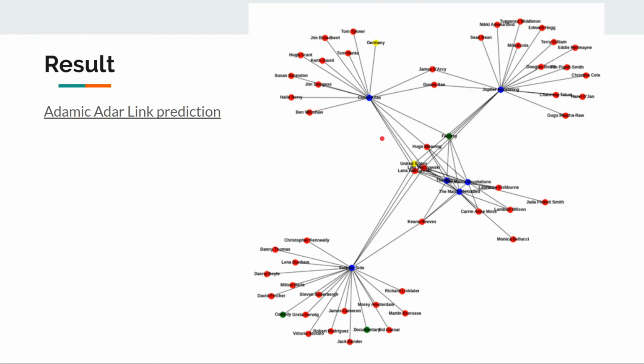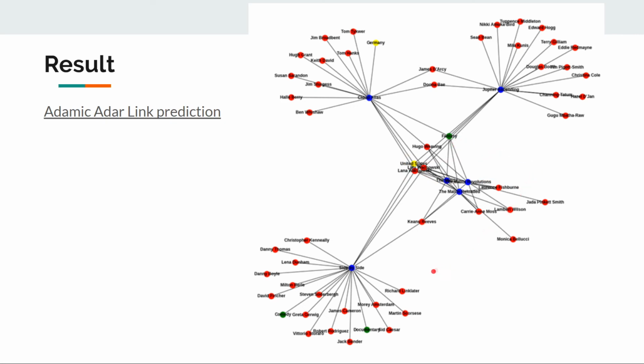And here is the graph for the Matrix example. As you can see, all of the sequels of the Matrix movie are very close to each other because they are the same movie series, so they share a lot of neighbors, which are the same actors, the same directors, the same movie origin country, and the same genre.